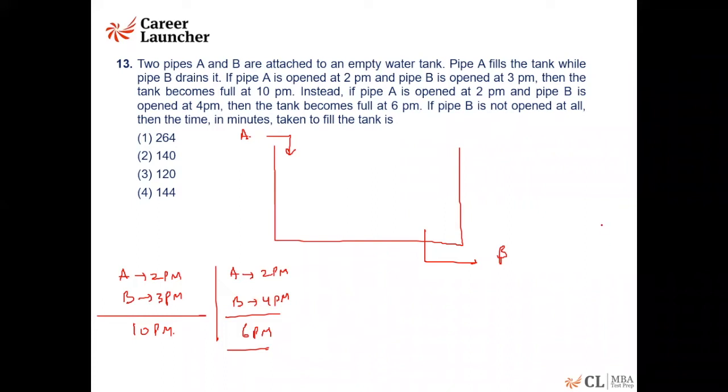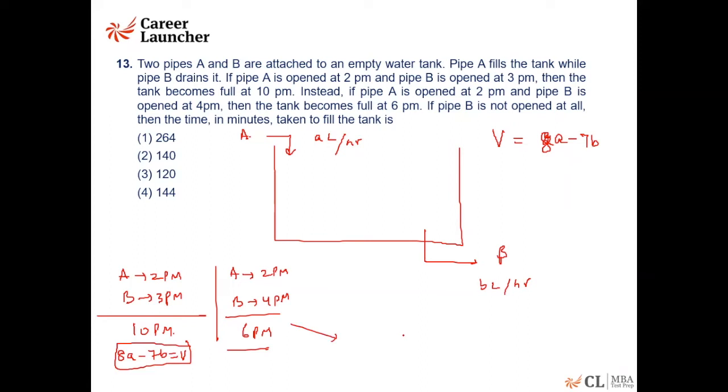So if you say that the amount of volume is V, that must be equal to, where A liters per hour is what is coming in and B liters per hour is what is draining out. Sorry, it starts at 2 p.m., so 8A minus 7B must be equal to the volume. This is your first case. So this tells us that 8A minus 7B is equal to the volume.